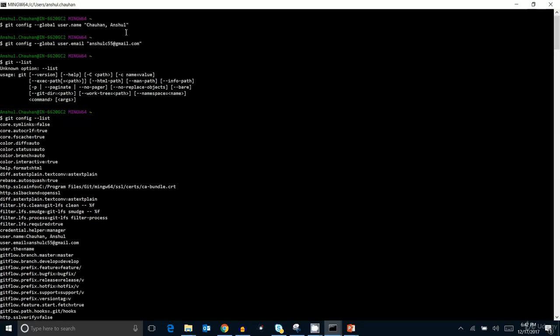Okay, so by default, git may configure your machine with the global properties, and it may be possible that it will not get anything. It will not get anything like a name, or it may have some random values in the name or in the email. In that case,